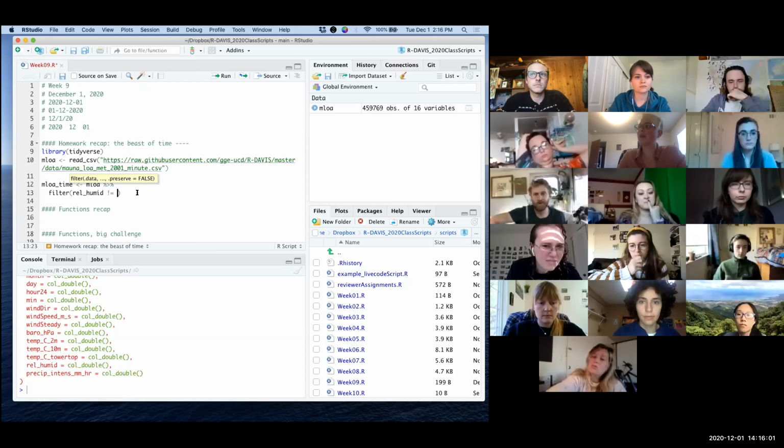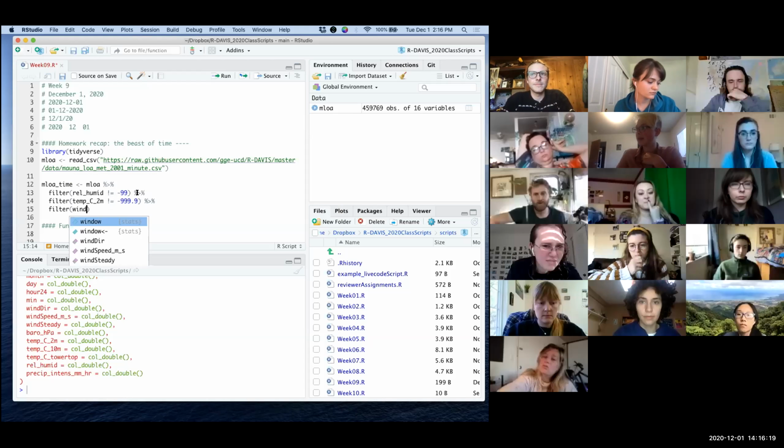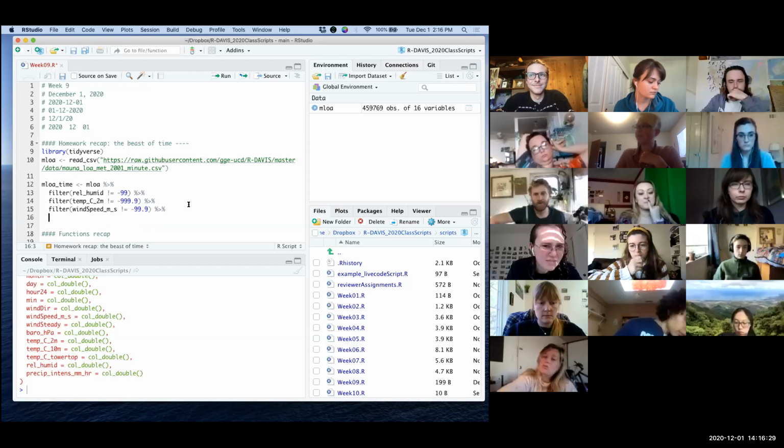exclamation point, equals sign, -99, and then a pipe, filter, temp_C2M, exclamation point, equals sign, -999.9, another pipe, filter, wind_speed_m_per_s, exclamation point, equals sign, -99.9, another pipe, and then mutate, where inside the parentheses I have date_time equals